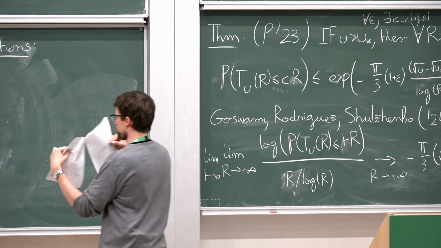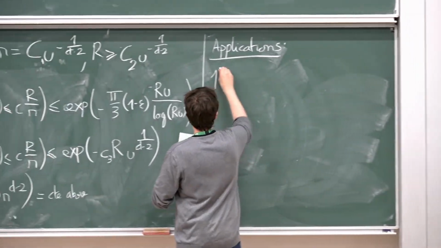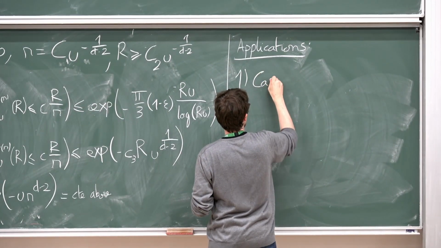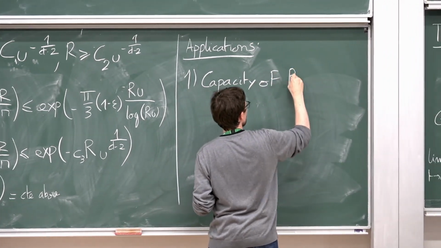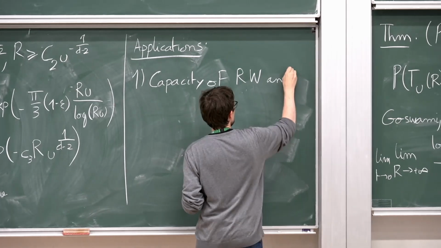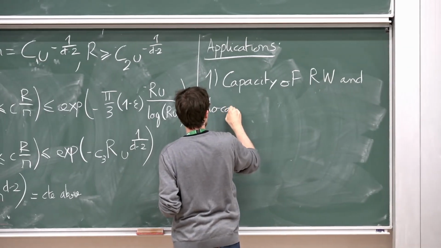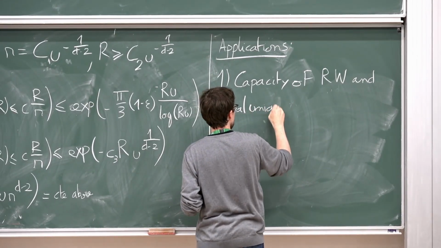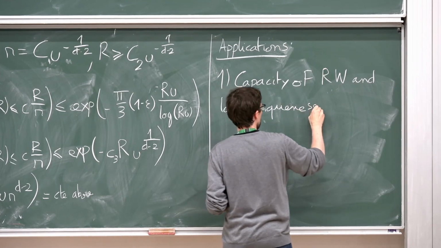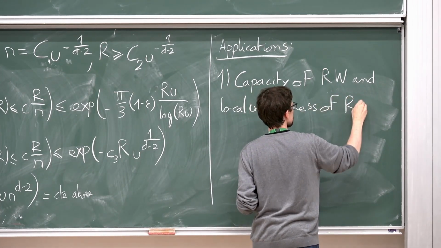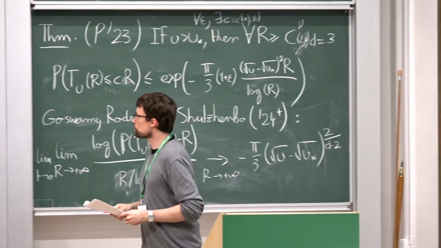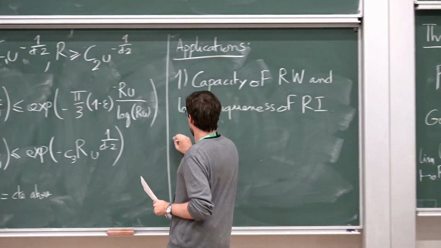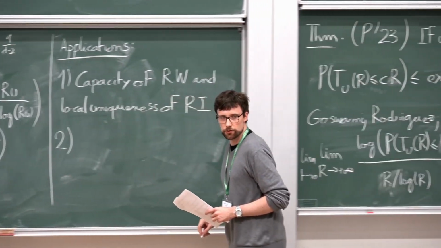So the first one is about the capacity of random walk and the local uniqueness of random interlacement, and this I will speak about in more detail for those who will be there at the conference in October. And the second consequence that I want to mention